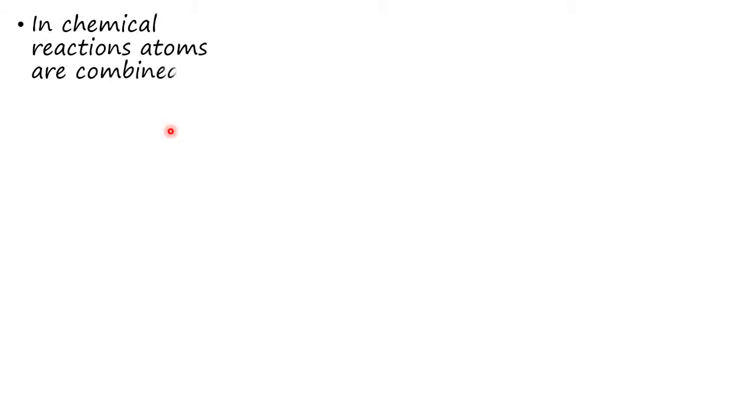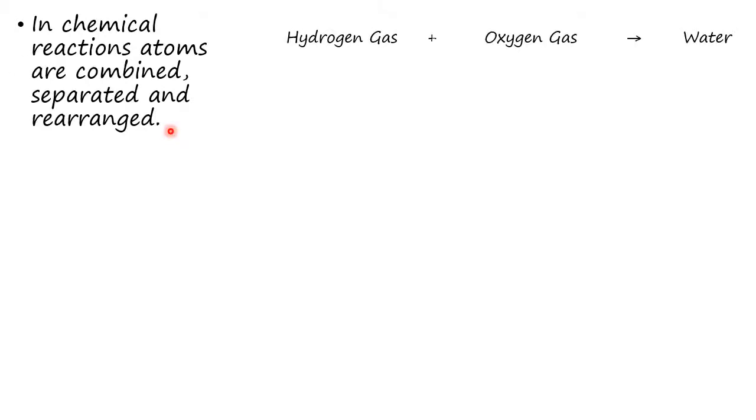Okay, and this leads us to our final point, which is that in chemical reactions, atoms are combined, separated, and rearranged. And we'll continue to look at water as an example of this. So we have hydrogen gas combining with oxygen gas to form the compound water. And in order for this to occur, we're going to need two molecules of hydrogen gas, which each consist of two atoms of hydrogen. And so this is called a diatomic molecule because it consists of two of the same type of atom. And oxygen, we need only one molecule of oxygen, which again is also diatomic, so two atoms